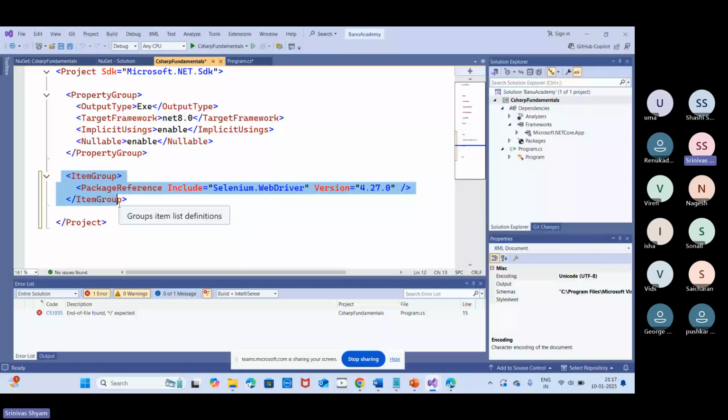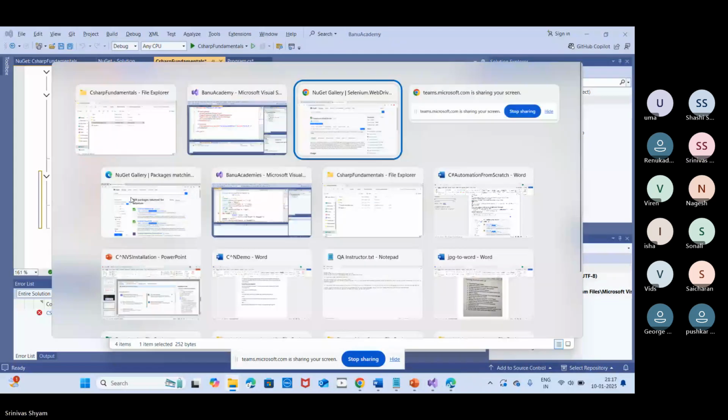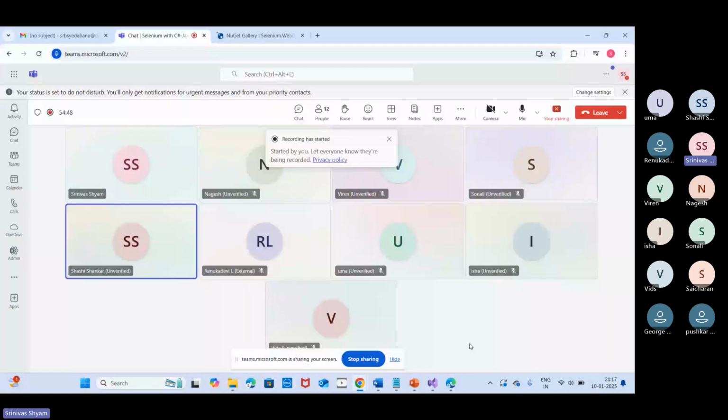Okay, guys, any doubts here? Everybody is able to install that Selenium WebDriver in your Visual Studio? Because if you keep following whatever I am doing, it will be easy for you also. So from here, we got a confirmation that